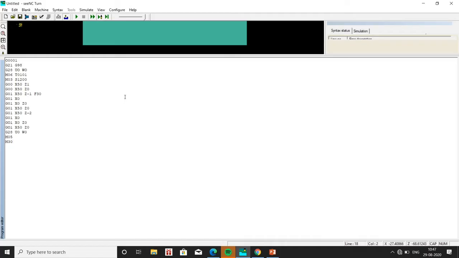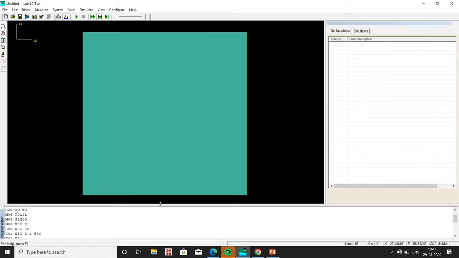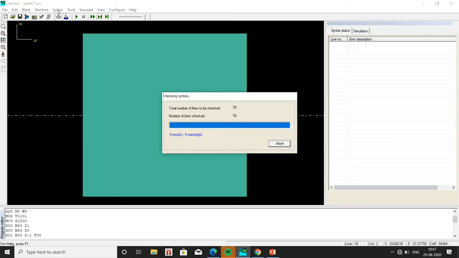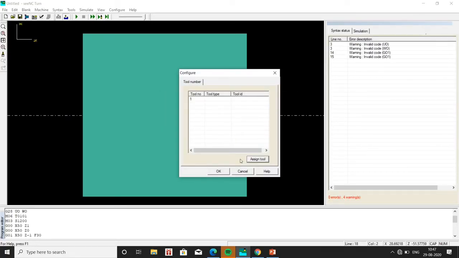So once the program is completely typed, next we have to go for syntax. Here we have to check whether we have any error in the program which we have typed. So here you can see that the error, whichever is present, will be shown in this table.